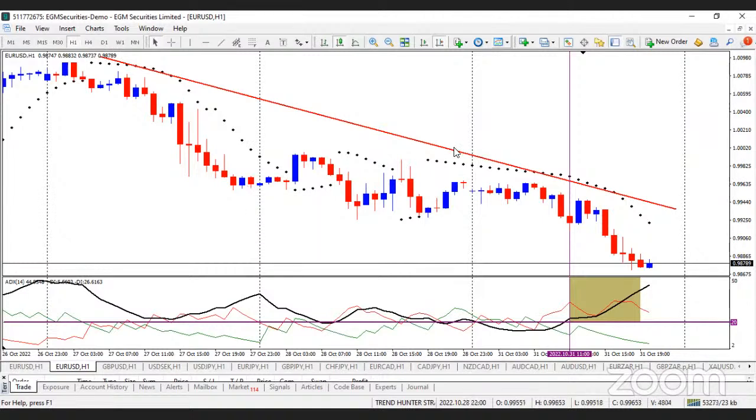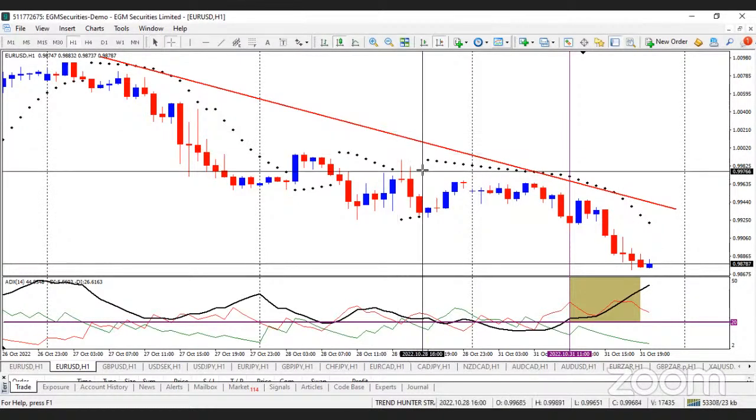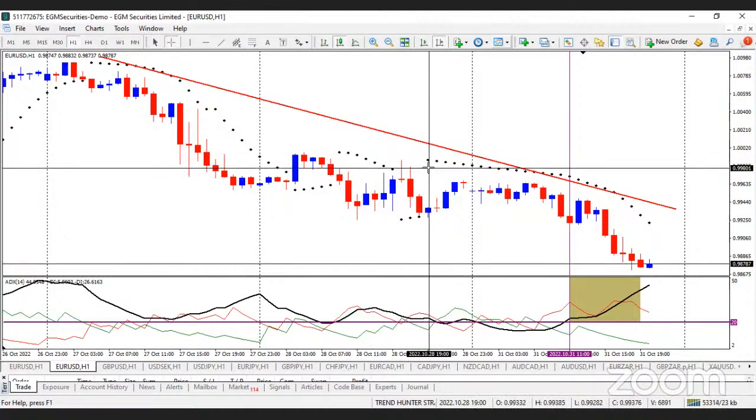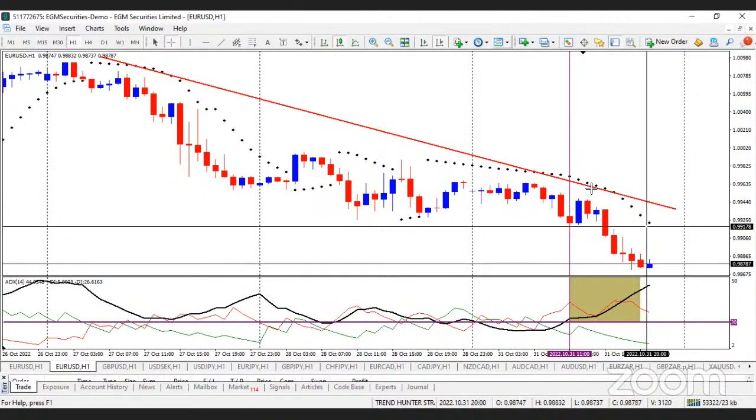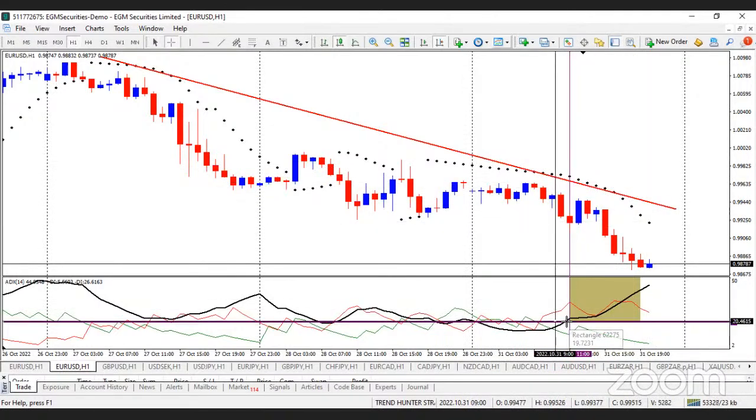How it works is that when it's forming on the upper side of the candlesticks, that generally signifies that the momentum is bearish. So as you can see, from late Friday around 7 p.m., the pair was generally on a bearish run. Today, in the early hours of London,